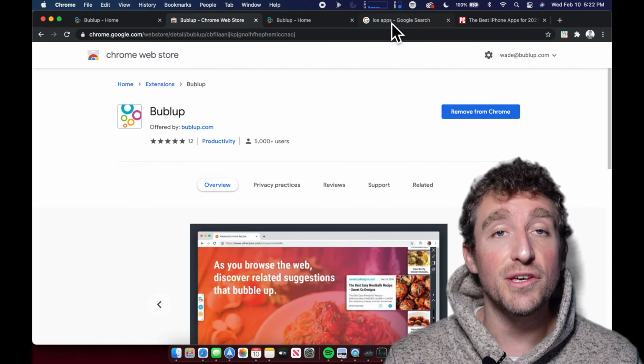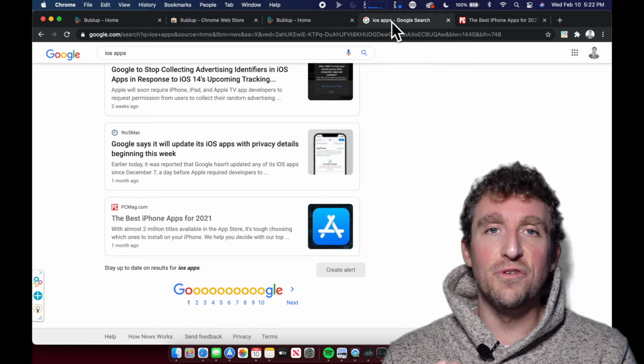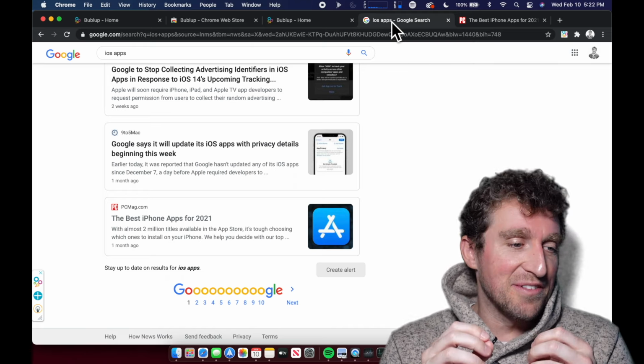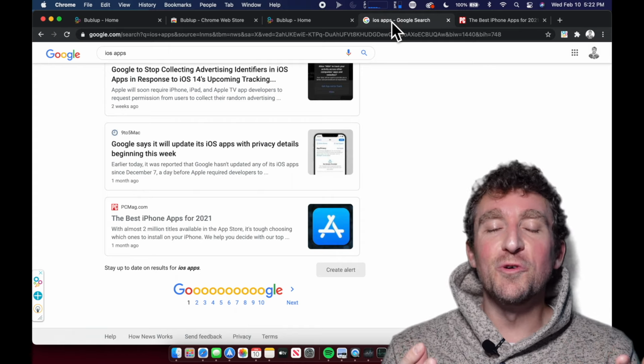So now let's create a use case. How do you use this thing? So one thing that I do is I write a weekly newsletter all about apps. It's called Apps Weekly. It's this fun little side project I do, but all week I end up Googling for news from the app world.